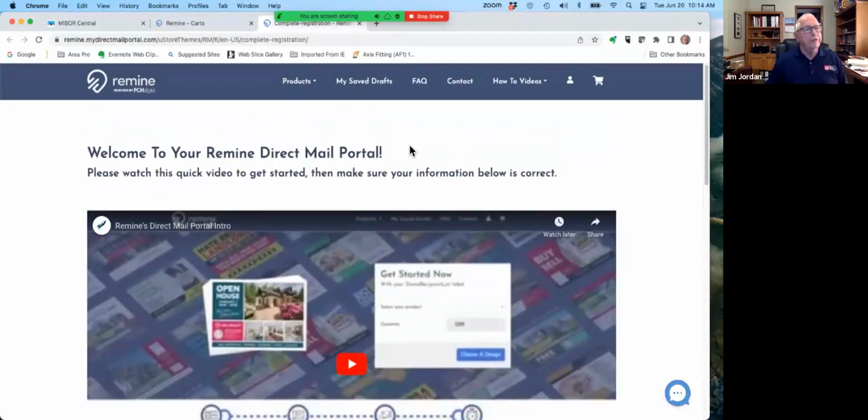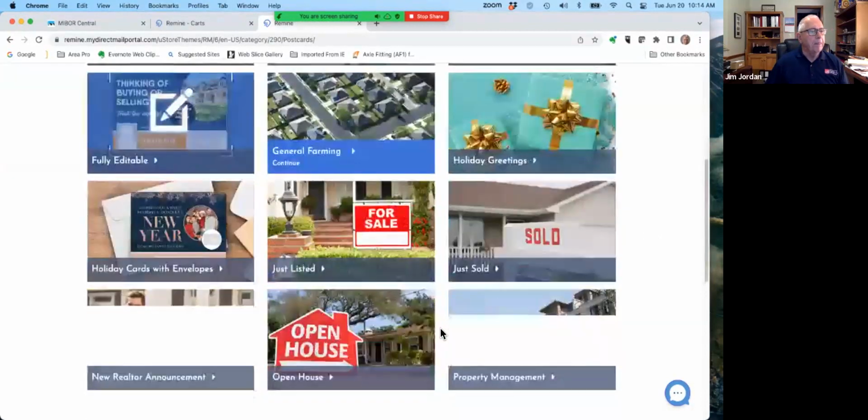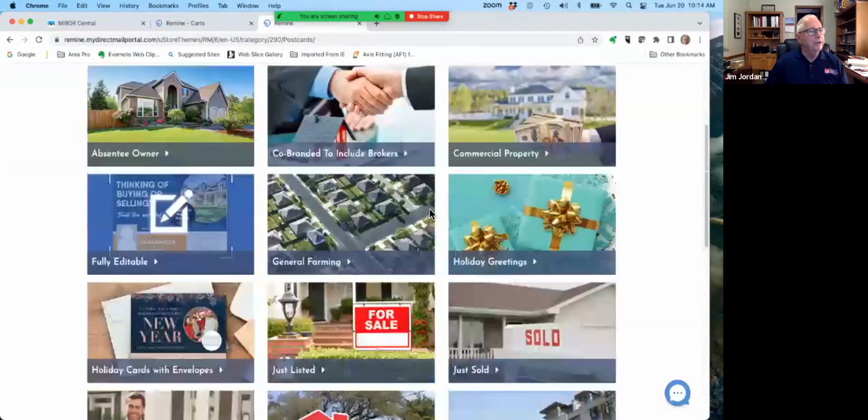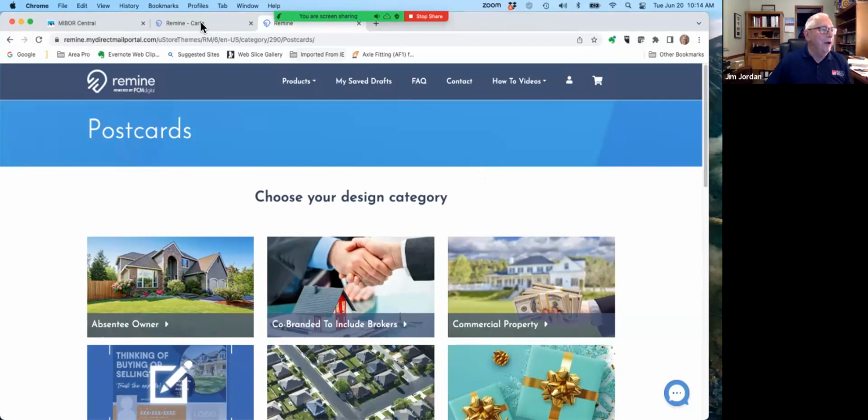And of course, there's a charge for this, but you could do postcards, for instance, and then you just decide who you're sending these to. So you've got lots of ways that you could send these cards out, and then it will produce those at a fee and mail them for you to those people in your cart. So it's a really easy way for you to be able to communicate with those people that might be good prospects for